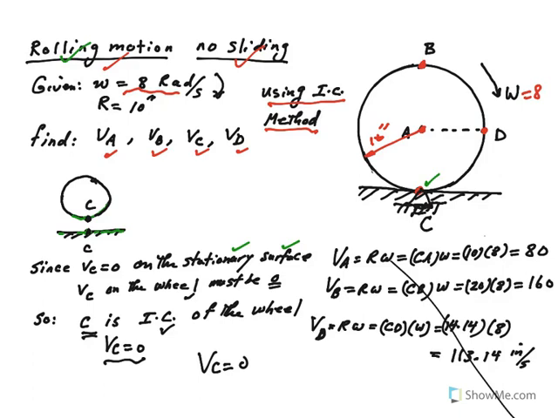The way you do that is very simple. For example, to find velocity of A, that would be R omega, where R is from the instantaneous center to the point, CA, times omega. That's 10 inches. Remember the velocity, since we have pure rotation about C, would be 90 degrees to that radius. Similarly for point B, R omega again, but now you're talking about CB. Connect from C to B, and CB is 20 inches, the diameter of the wheel, and the velocity would also be 90 degrees